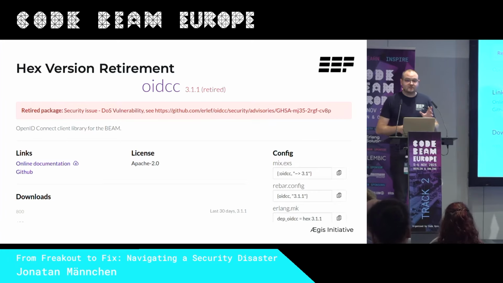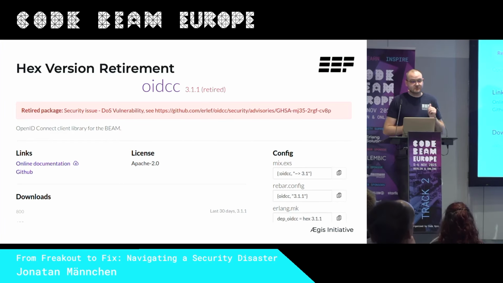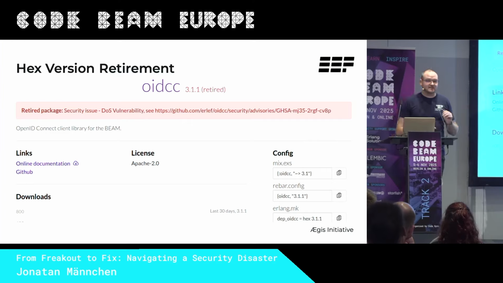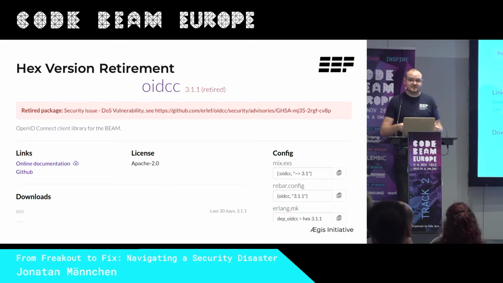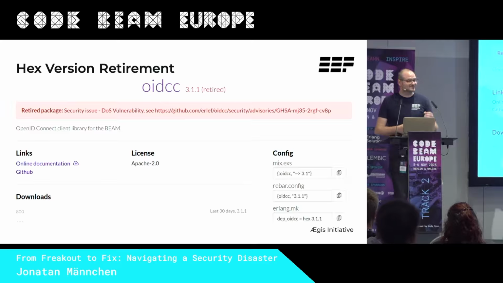Now, retiring a version on Hex does 3 key things. First, new installs will automatically avoid any retired releases. Second, users who still have a locked retired version get a warning if they run mix deps.get or the rebar counterpart. And I guess the same for Gleam.